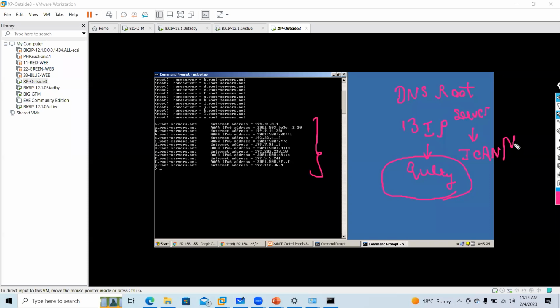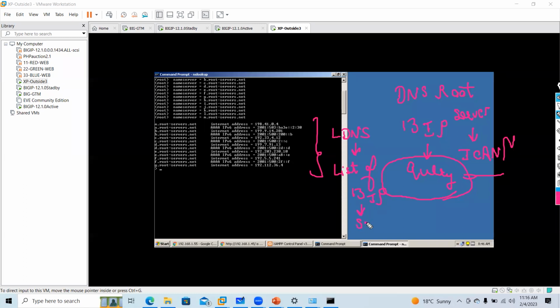ICANN. Who manages this? And how does LDNS find this, guys? That is the next question. How does LDNS know which DNS root name server it needs to forward the request to? In every LDNS, there will be a list of 13 IPs configured.